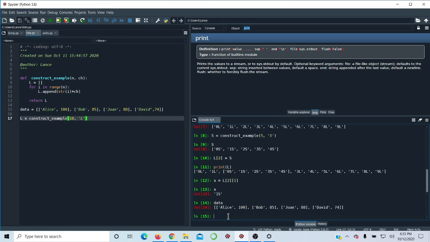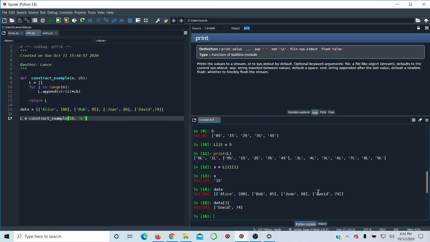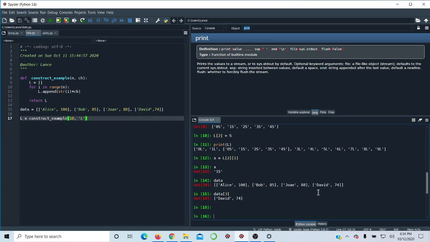I made this one up as an example. You might think of it as a grade book. For each student, you have a grade. I just use first names just to keep things short and simple. So in that list, everything is a sublist. So if you take data 3, you get a sublist, which is David's information. Okay, so you can nest these things and